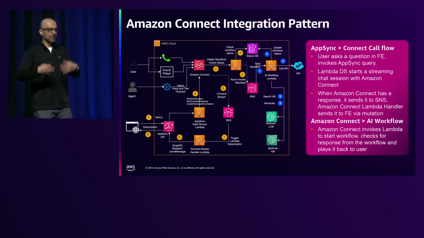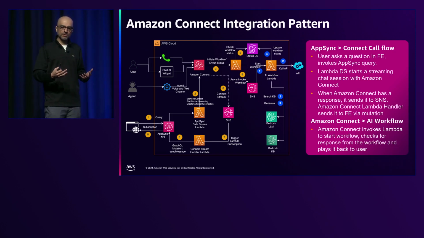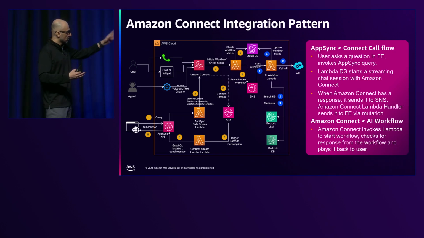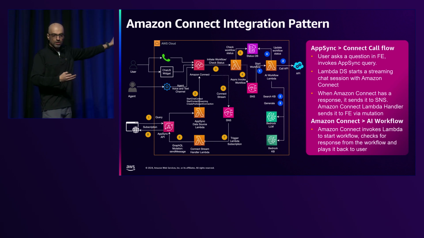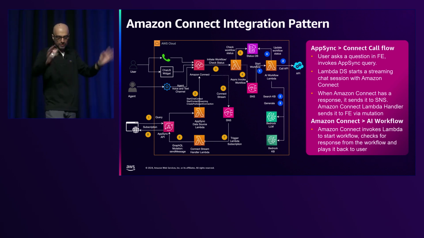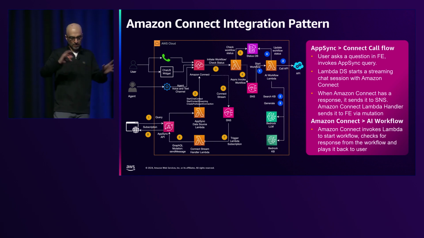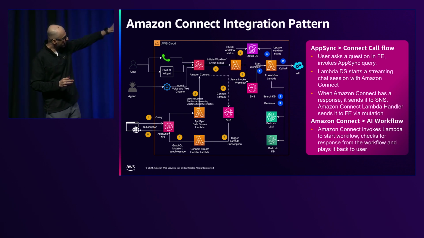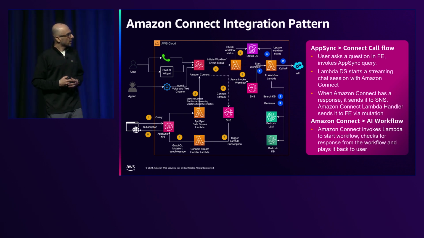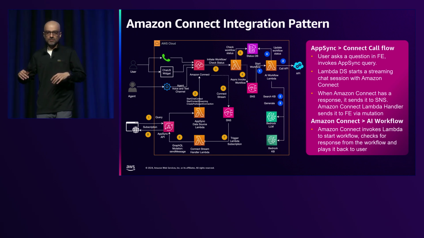And when Connect has some data available, it will push it back to the SNS topic, which can then go back to the bottom Lambda that can call the mutations on the front end. So the fundamental architecture is the same. What's the interesting and different part is the top right corner, where inside the Amazon Connect flow, and we'll talk about it a little bit,